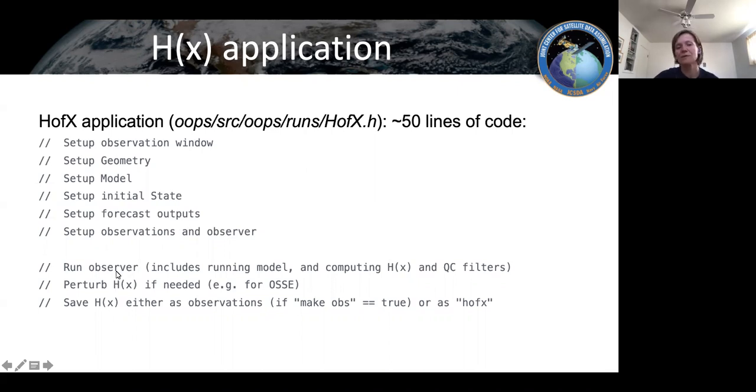And then the code runs the observer, which includes running the model and computing HFX and running QC filters if you specified any. And then there is an optional step of perturbing HFX if needed. This is typically just for either testing purposes or for OSSI. And then you can save the result of HFX. Typically it's saved as HFX in the file. But if you specify an option in your configuration, you can make it save as the observations again for